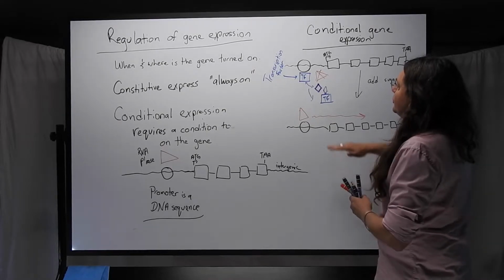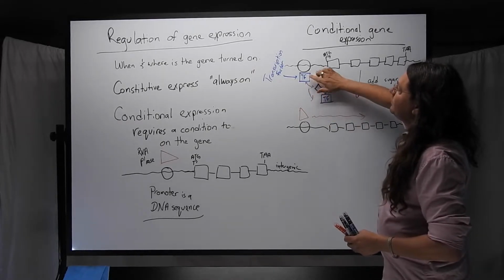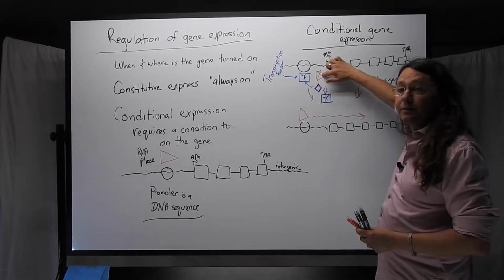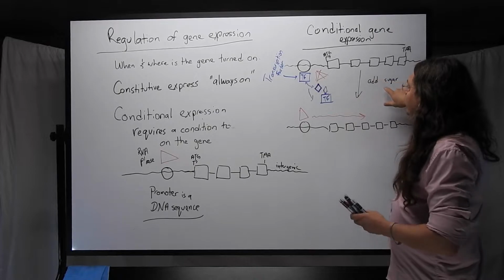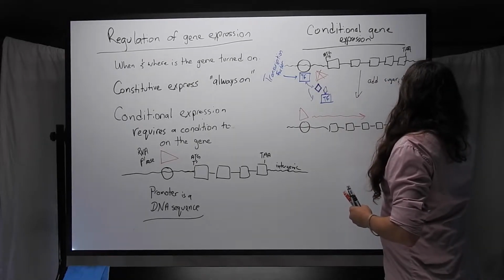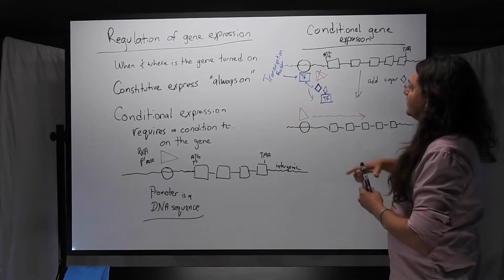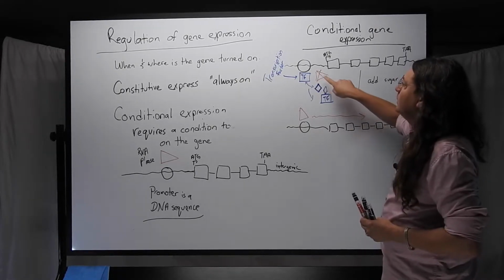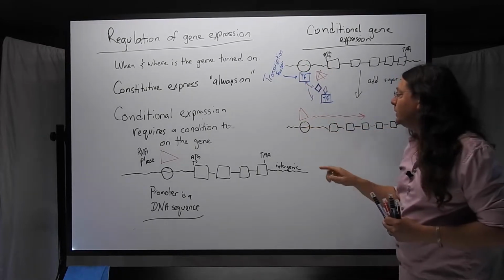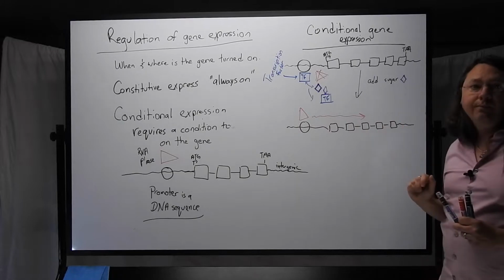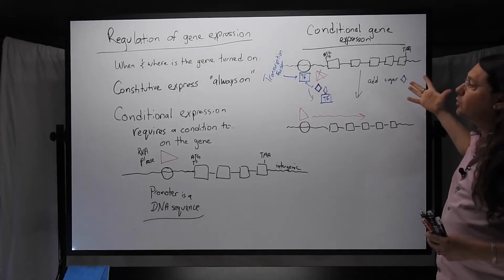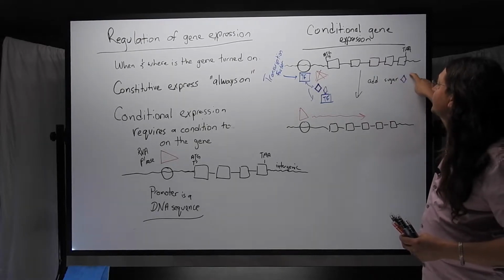Okay, so again, in the case when there's no sugar, the transcription factor binds to the promoter and prevents RNA polymerase from binding to the promoter. But if a sugar is added, then the transcription factor binds to the sugar, releases the promoter, and the polymerase can bind to the promoter and start transcription. So the condition is the sugar, or if this was in a human and this was estrogen,